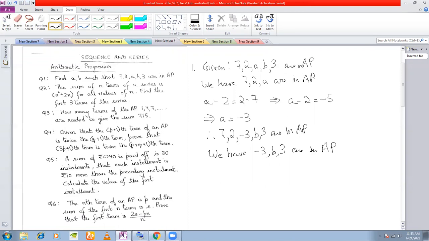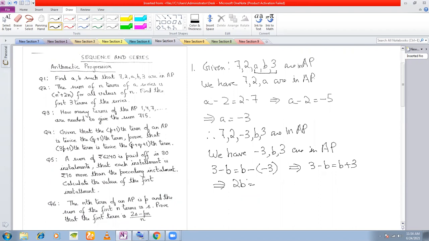Right? So if these three are in AP, these three are in AP, then what can we write? You can write 3 minus B is equal to B minus of minus 3, right? So that means you get 3 minus B is equal to B plus 3. That means 2B is equal to,